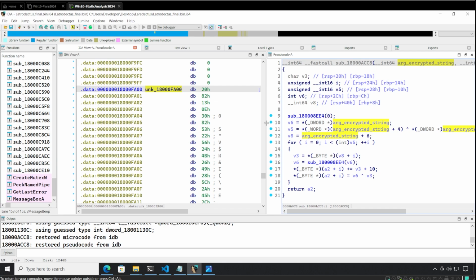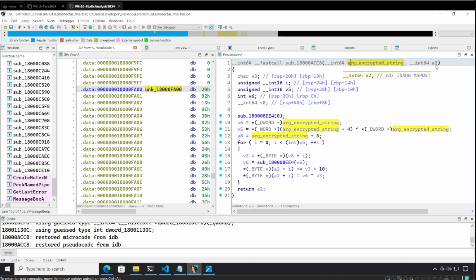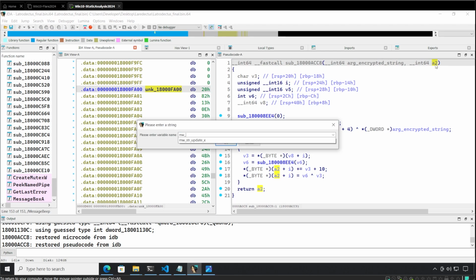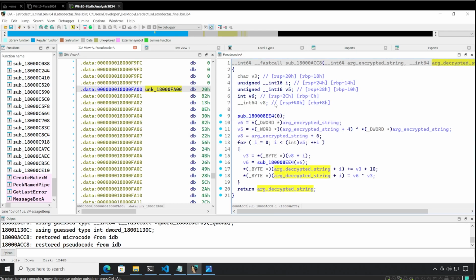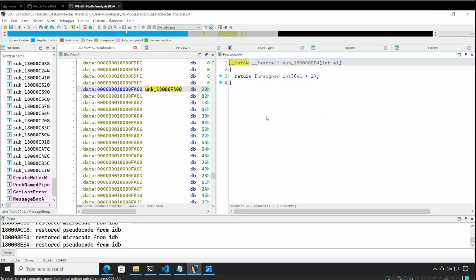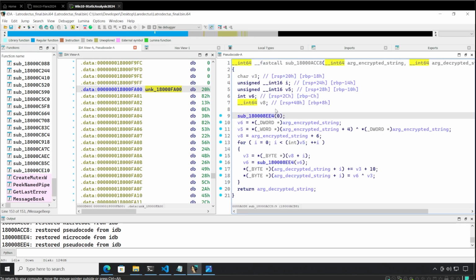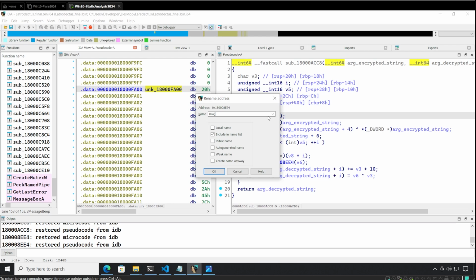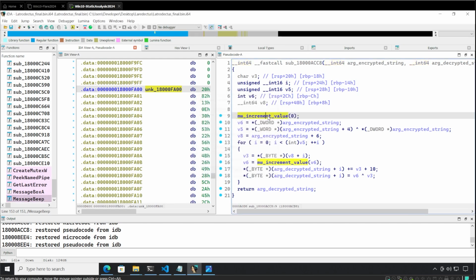Let me just make this a bit smaller so we can see a bit more here. mw_arg_decrypted_string. Okay, now let's look at this function. This function is just incrementing the value that is passed to it. Okay, so let's say mw_increment_value. All right, and this thing is going to be what? It is going to be